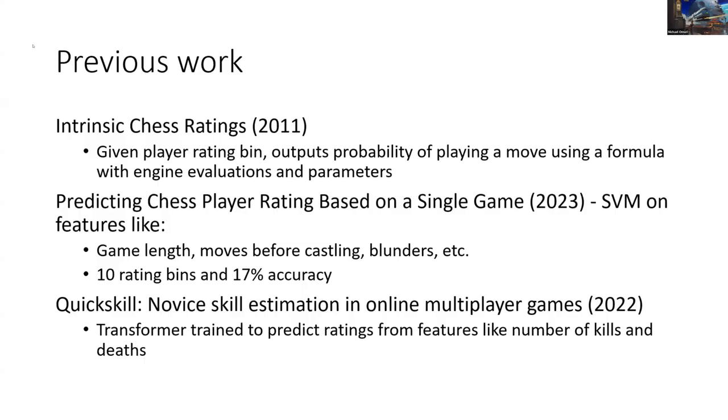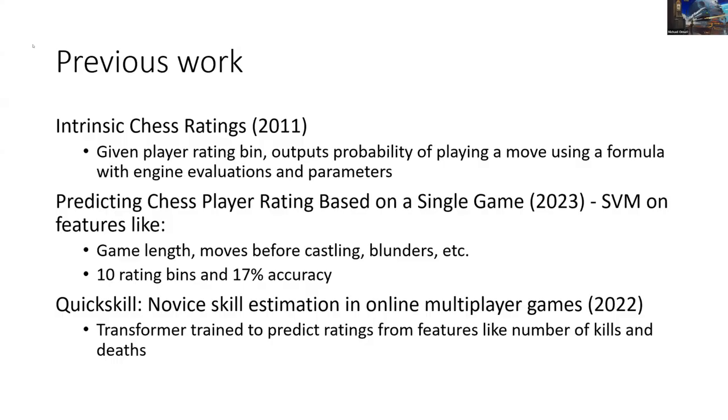So yeah, there are different previous works. I think Olivier mentioned AlphaZero, and that's a pretty popular one, so thankfully I don't have to talk about that again. In 2011, one of the first papers related to skill modeling tried to determine how likely a move is based off of just your rating. It used a logistic formula, taking into account just engine evaluations and the move that was played, and how the best evaluation is different from the evaluation of the move that was played.